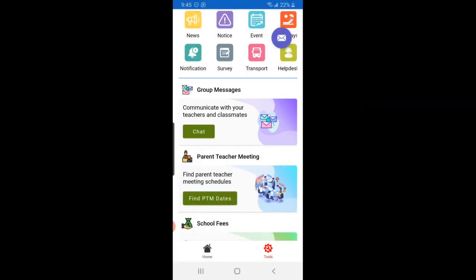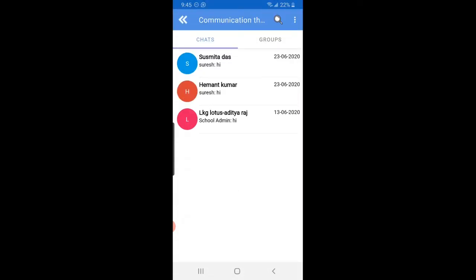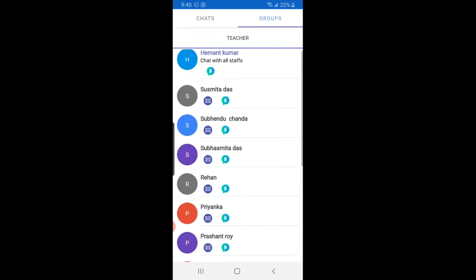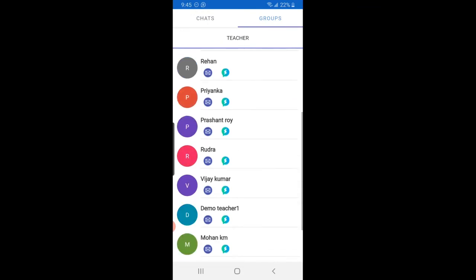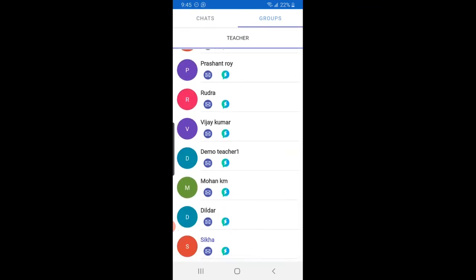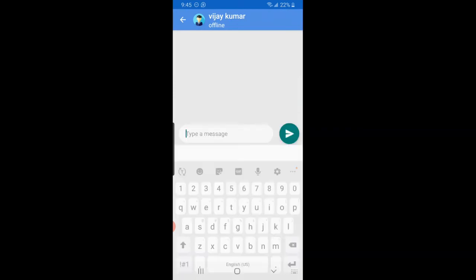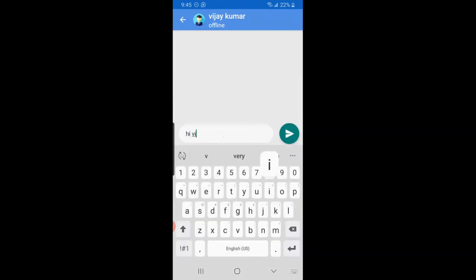As a parent, if you want to communicate with your teachers, simply click on group message, chat, and you can chat with all the teachers that are assigned to your kid. This is the list of all teachers. You can simply click on the teacher name and then you can simply say, "Hi Vijay sir," and simply click on the next button. This is how you're going to chat with your teachers.